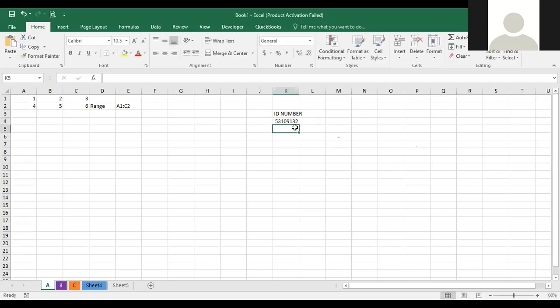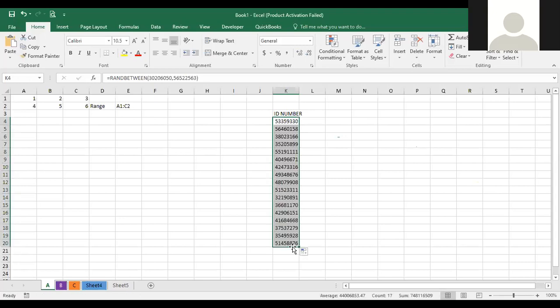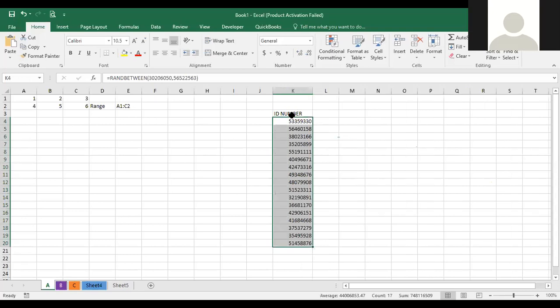I just say enter, and it will automatically bring me 8-digit values, which have been randomly selected and which are meeting our criteria. It must be between 30, 20, something to 50, we said 56. So you can see these are 8-digit numbers for the ID numbers, or assuming that Safaricom wanted to create the